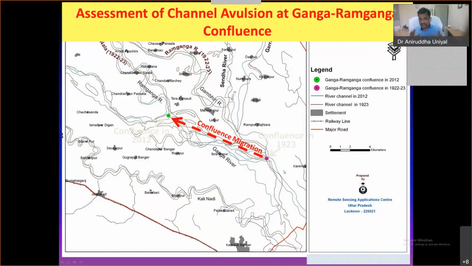And you see, the channel avulsion has been taking place every year during rainy season, particularly during high floods. And it is astonishing to witness that during the period of some 90 years or 9 decades, between 1923 to 2012, this avulsion has been of the order of around 13 kilometers upstream. And the result has been that a number of villages have been wiped out, they are no more on the map. Hundreds of hectares of land were eroded. There has been severe bank erosion, and this channel avulsion still poses a threat to many more villages.